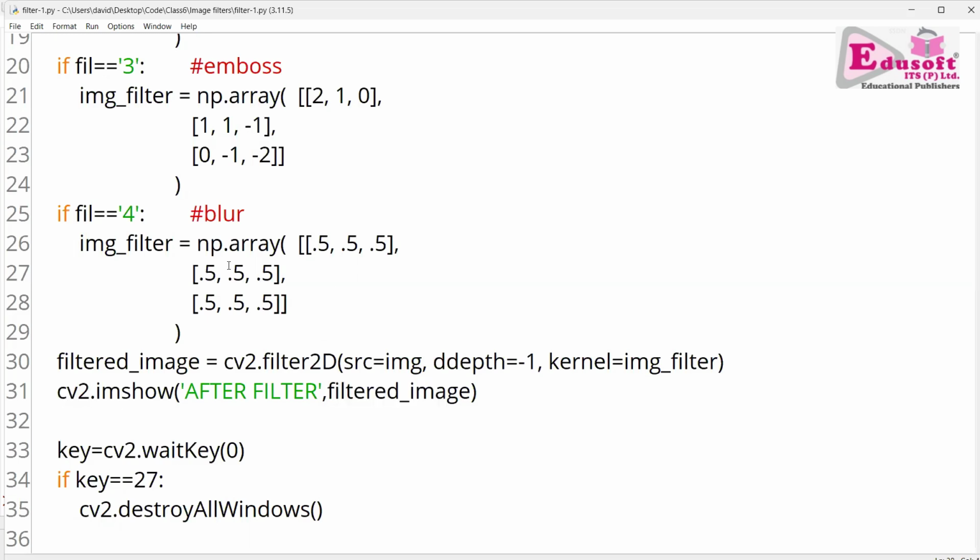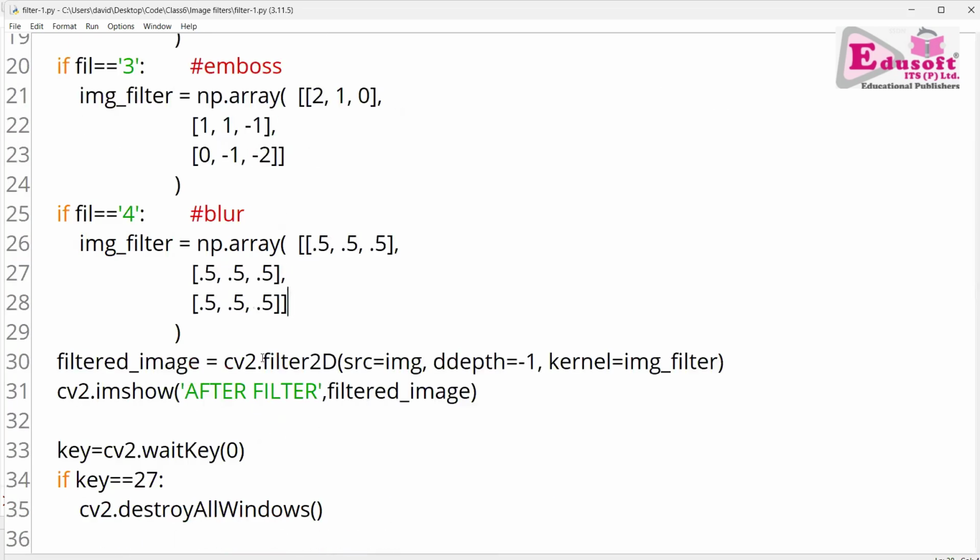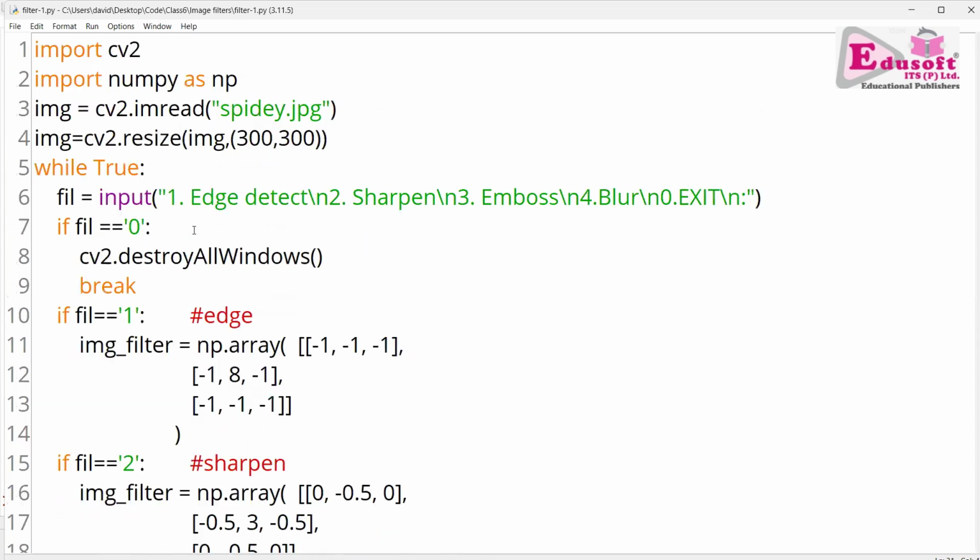So it is straightforward. What you do is you create a filter by np.array method. You create a filter by the help of the filter2D method of CV2. You apply that filter on the image and you get the filtered image, and then you simply show the filtered image. So this program is simply doing this, and the rest of the program is actually simple logic